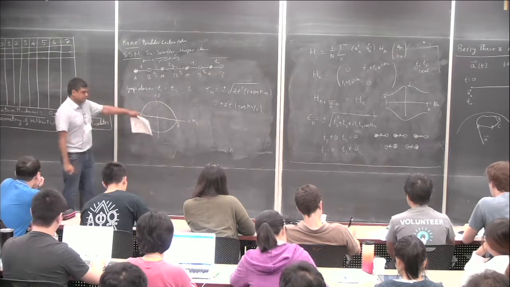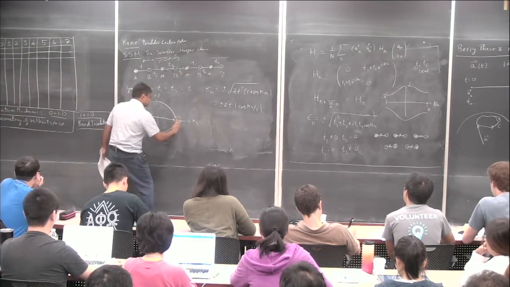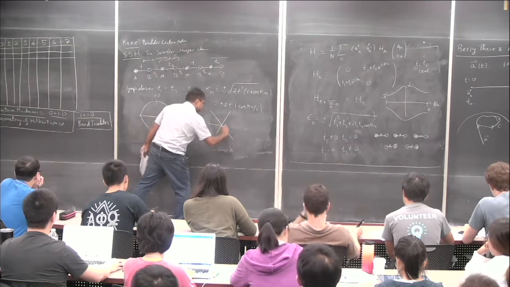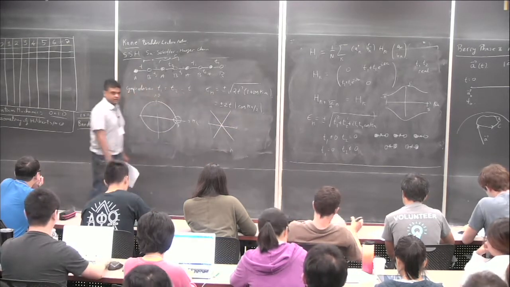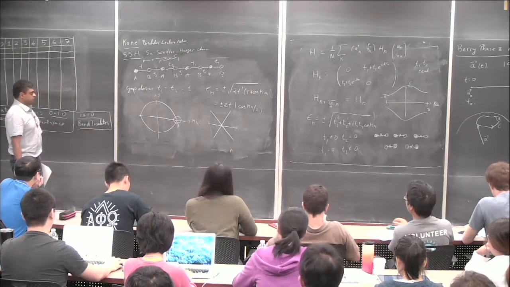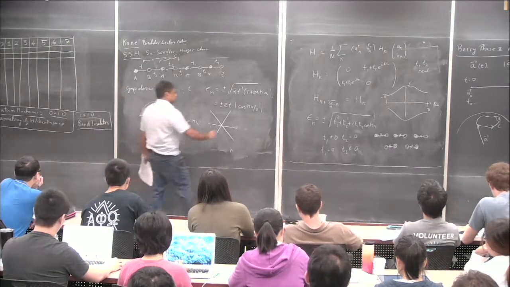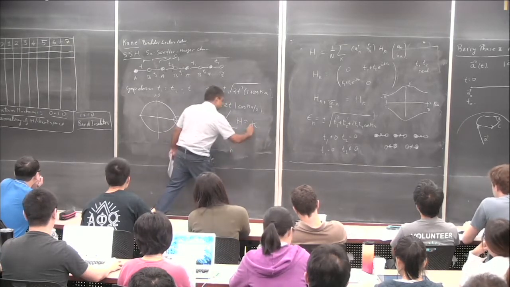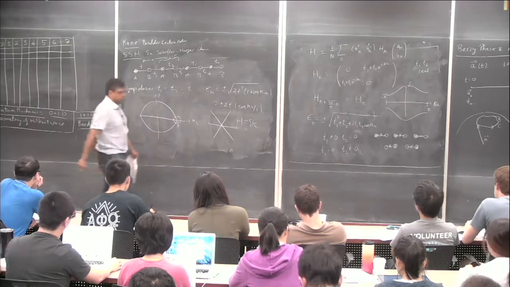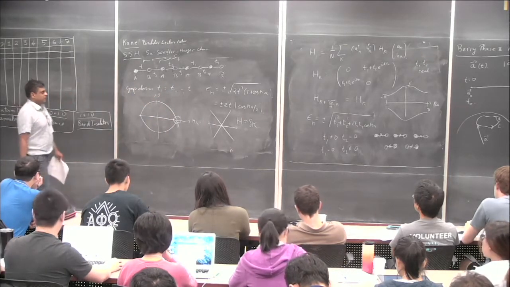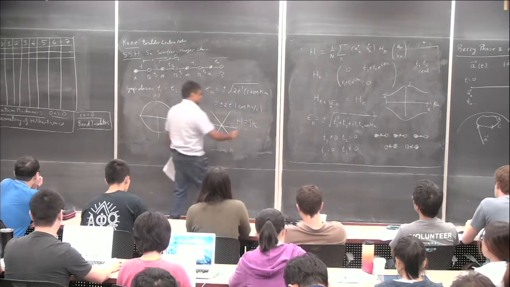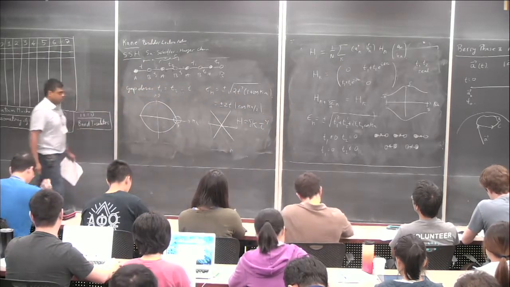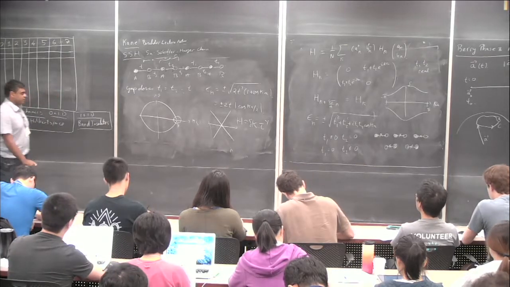Okay, and if you examine the dispersion right over here, let me just blow up that part of the dispersion, just linear. You just expand this cosine k over 2 around pi over 2. We'll do this a little more carefully. It's going to be linear in the deviation from this point Ka, and it'll have some Pauli matrix over here, and it'll simply be a Dirac dispersion. So it'll just be a one-dimensional Dirac fermion.